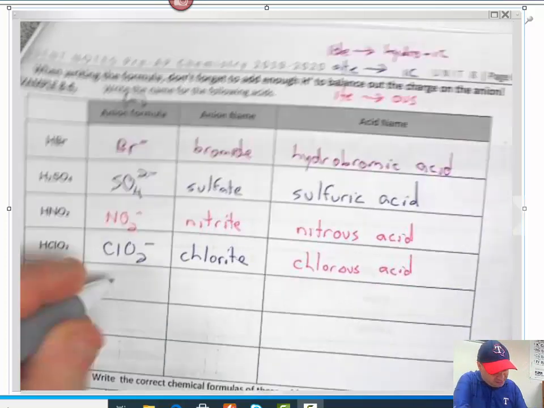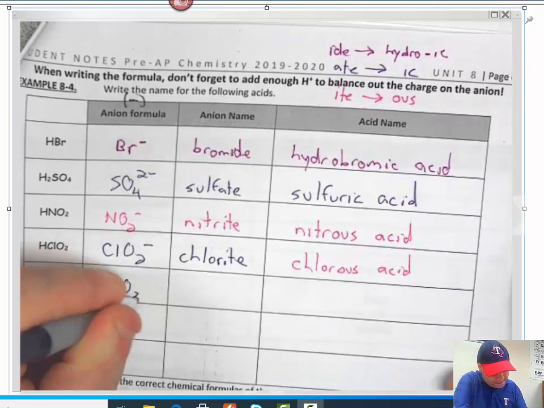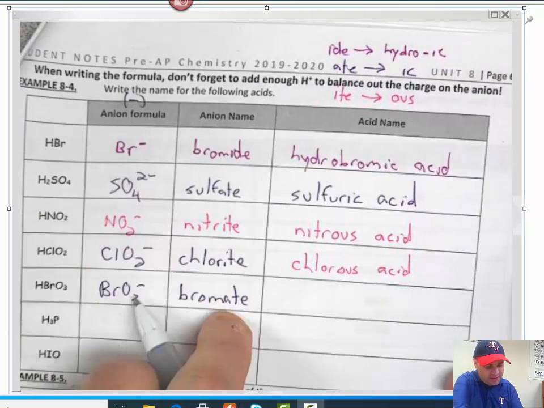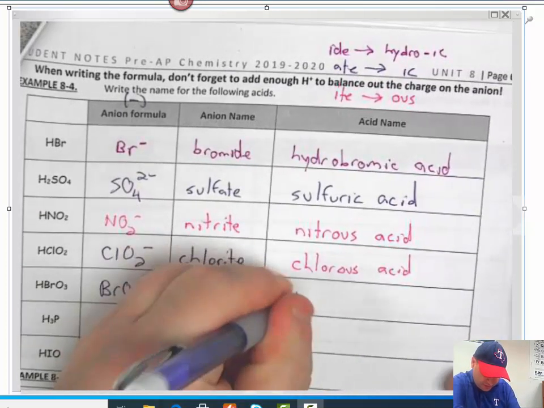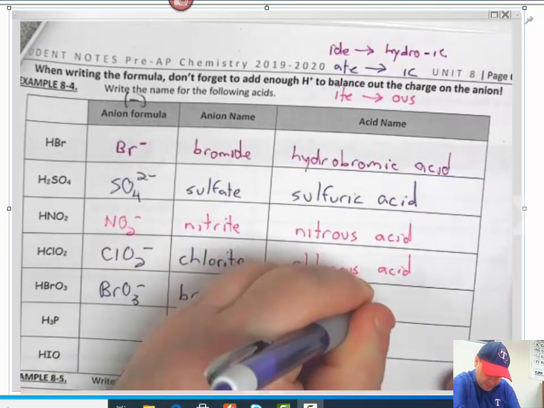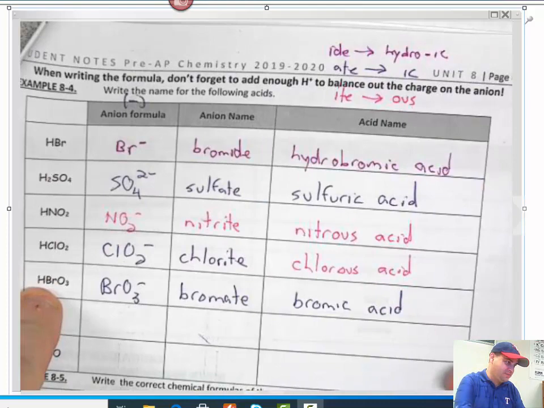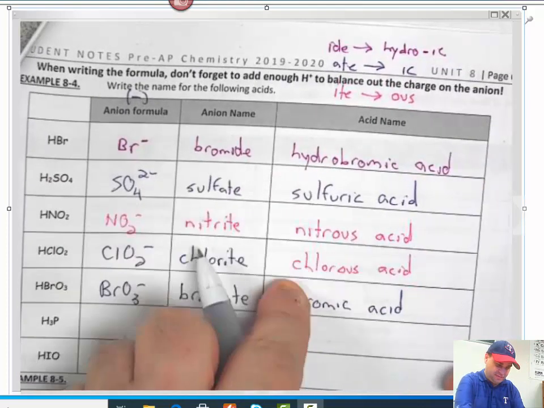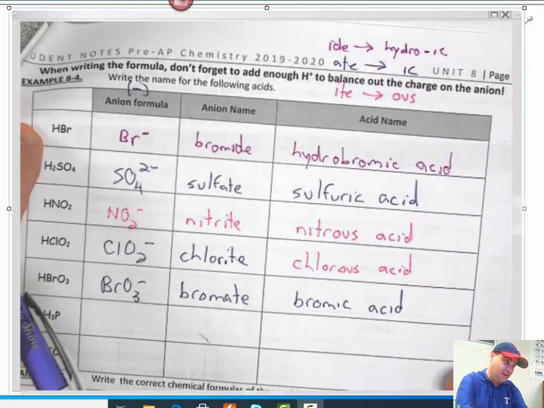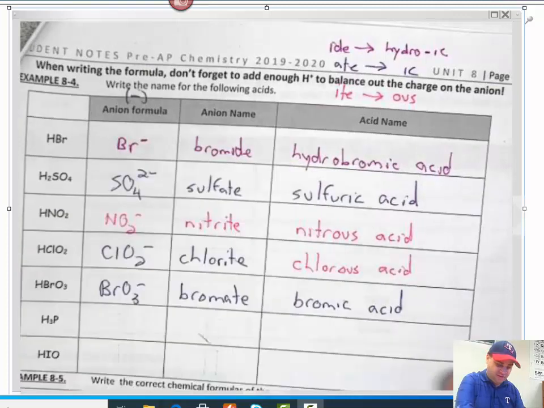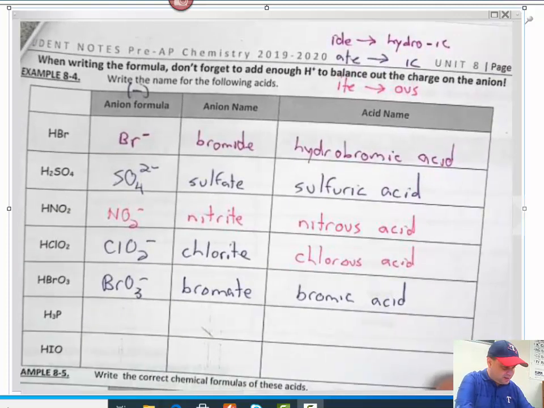Okay, BrO3 is bromate. Ate goes to ic, so this would be bromic acid. Notice that all these have oxygen in it. We don't use hydro. This one doesn't have oxygen in it, so it starts with hydro. Okay, then we're to